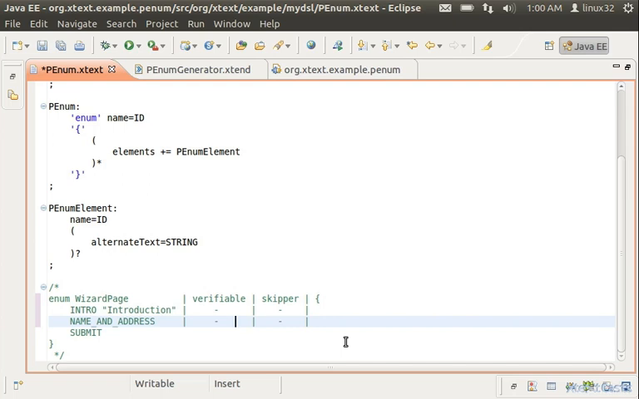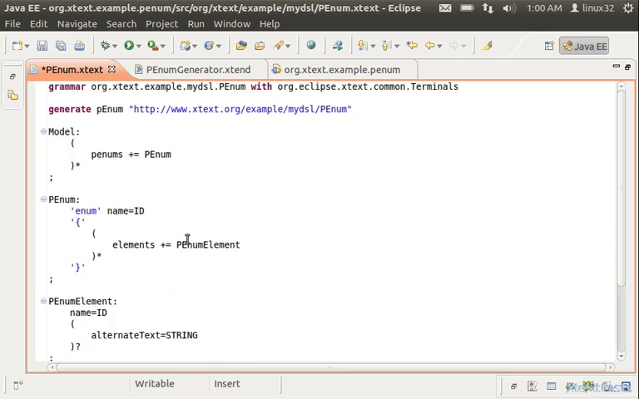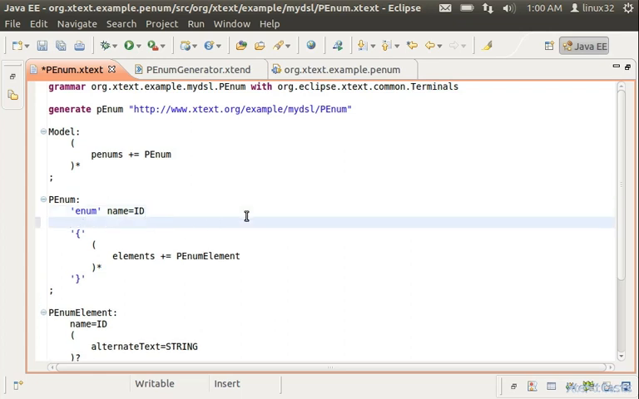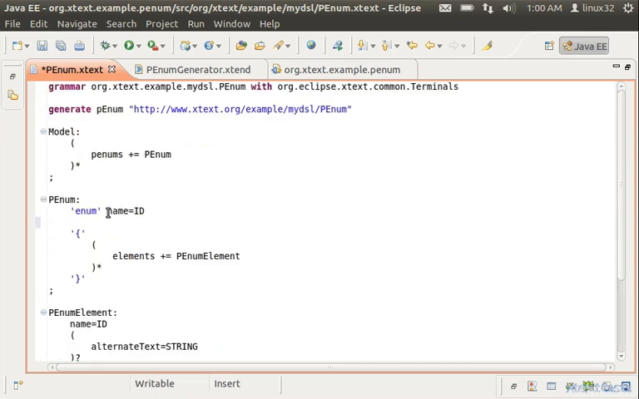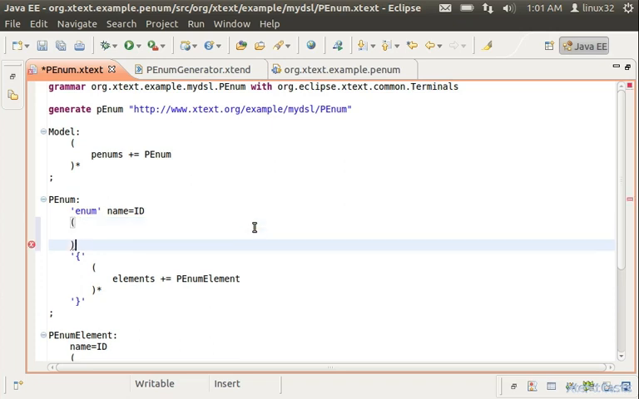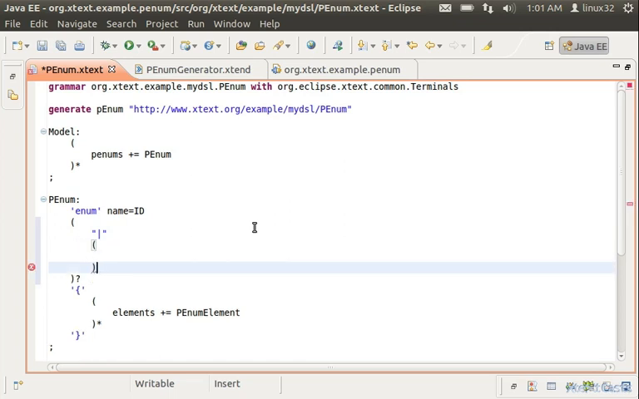And the name and address can be verified, for example, and can be skipped. Submit cannot be skipped, but can be verified, for example. So, let's parse this kind of input. We begin with the parameter name list. This is this part. It begins with a pipe and is optional. So, let's define an optional block beginning with a pipe, and then